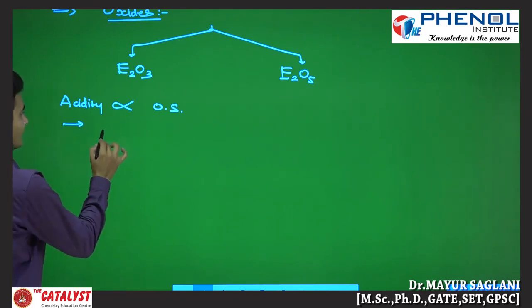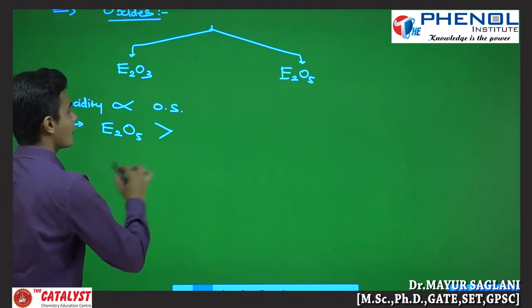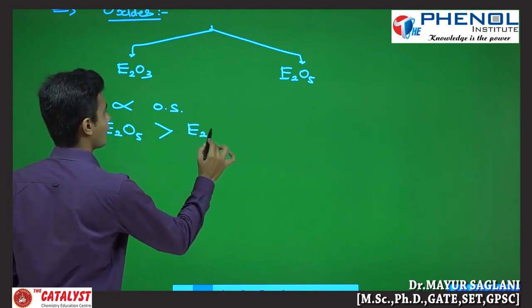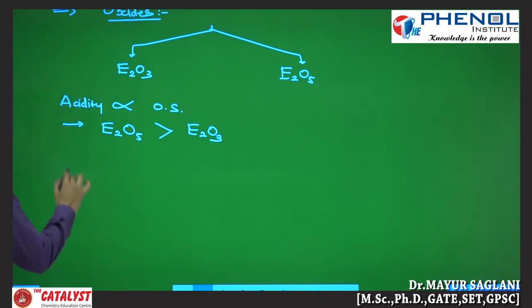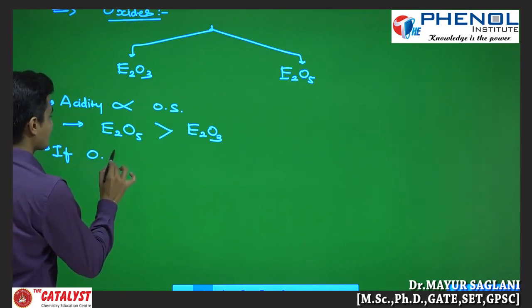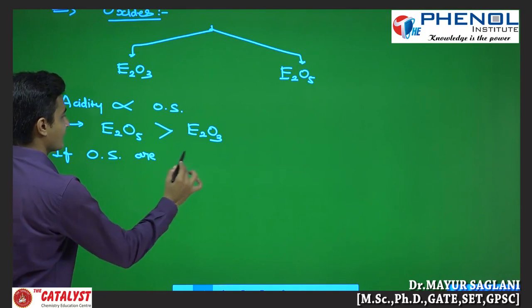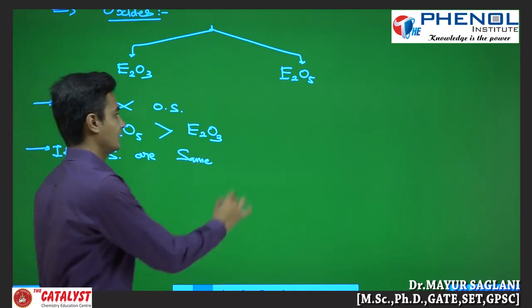So E2O5 type oxides are always more acidic than E2O3 type oxides. Second point: if the oxidation states are the same, then